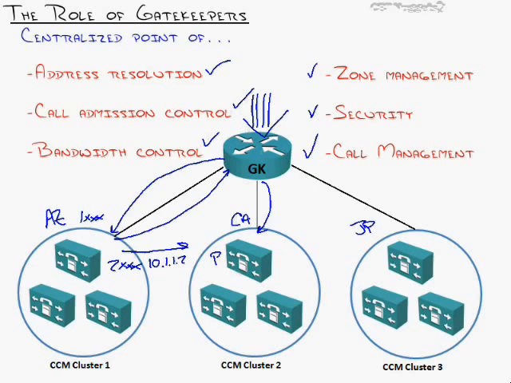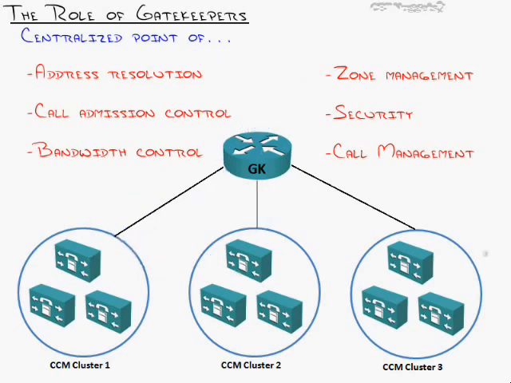We'll get into all these when we get into the gatekeeper specifically, but it does centralize everything. Now, I have the gatekeeper floating out there, and you'll see it in a lot of network diagrams. It's kind of like, where is that router? I don't know. It's floating. It's out there. You won't normally have a site with just a gatekeeper. A gatekeeper will usually be in your main site, or maybe you'll have a couple of redundant gatekeepers in case one of them goes down. But these become your central point of connectivity, and they are the central point of everything in your network.